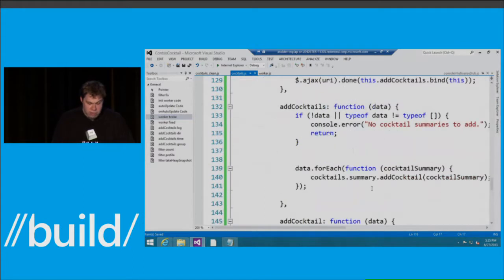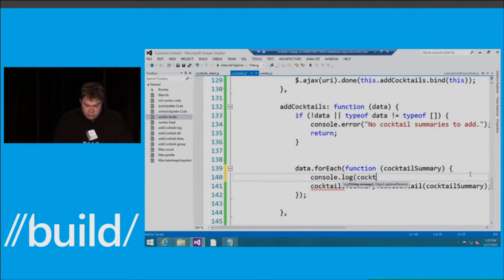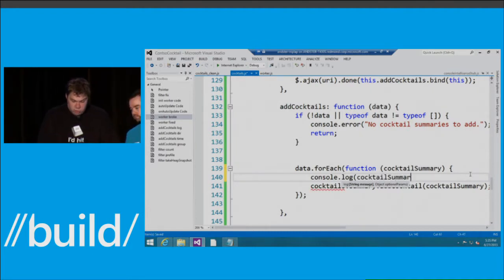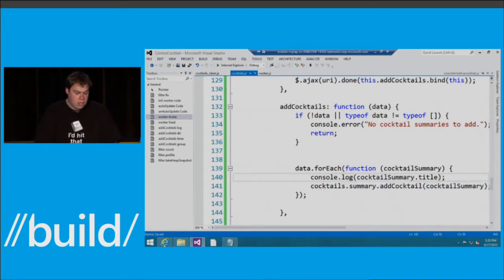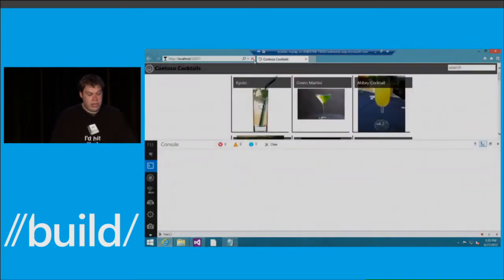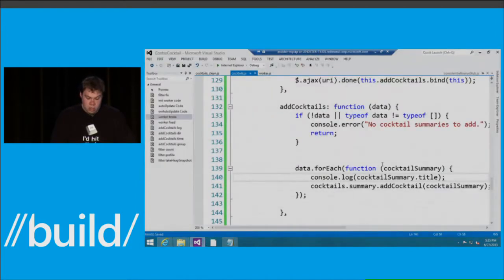As soon as I find my cocktails, I'm obsessed with alcohol. So console.log. I really can't live without IntelliSense. Don't fail me now. And I'm just going to log a string. This isn't particularly exciting. So console.log is typically used to log a string. It's the most basic API. As you can see, it logged the titles. That's not too surprising. More interestingly is the console.dir API,